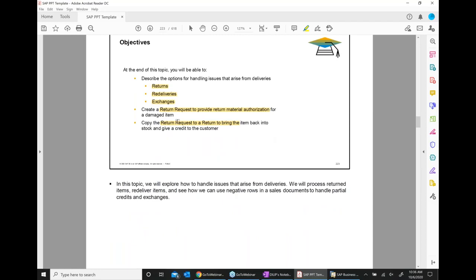So we can do several things. If you see here, there is a return. The return basically means that when a customer has decided to return the material to us, they can return it. They don't like the material, it is not of the right quality, it is defective, or many other issues are possible. In such cases, we can do the customer return process.